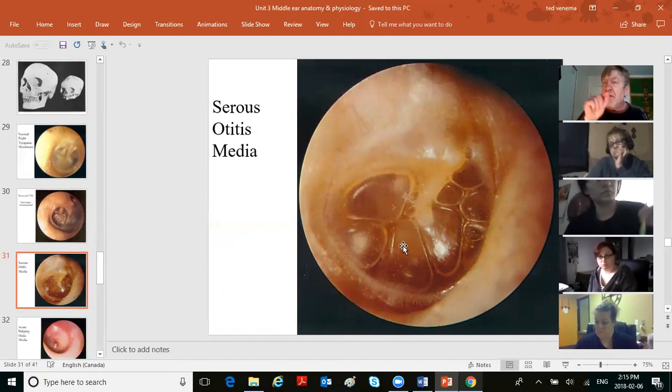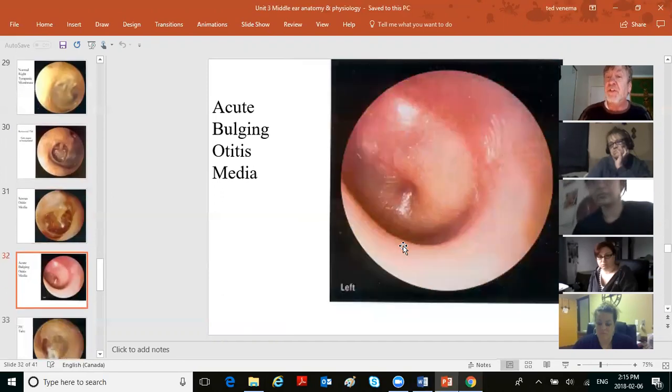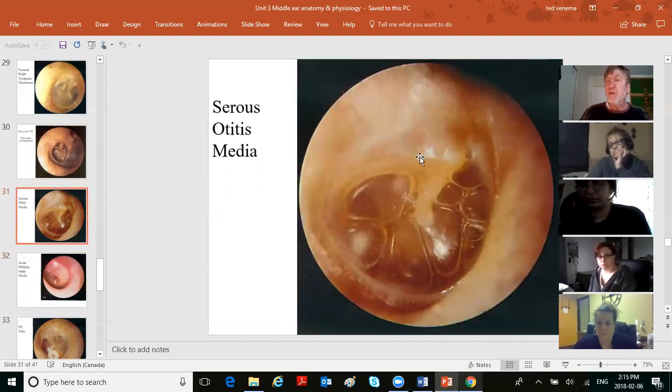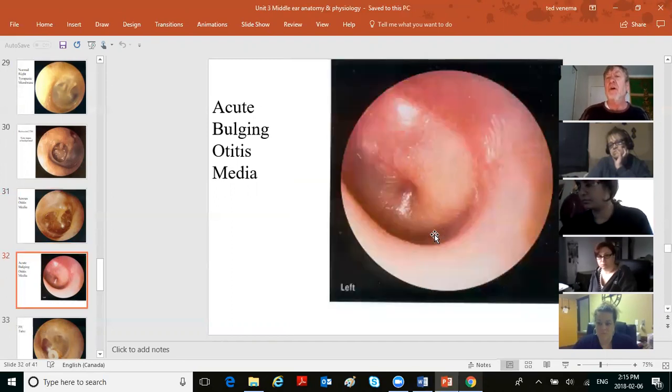Clear, uninfected fluid. But it's not long before that clear fluid turns into pus. And now it's white. And look at this bulging eardrum. You can see the umbo in the center, but the serous otitis media has changed into acute bulging otitis media. And now, Houston, you've got a problem. Okay, it's time to go to the doctor and get on antibiotics or get some treatment for this, because